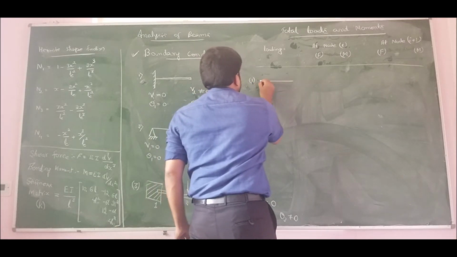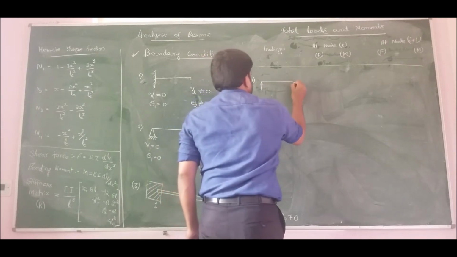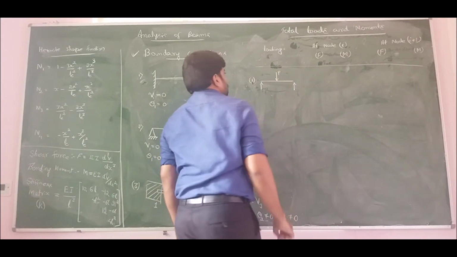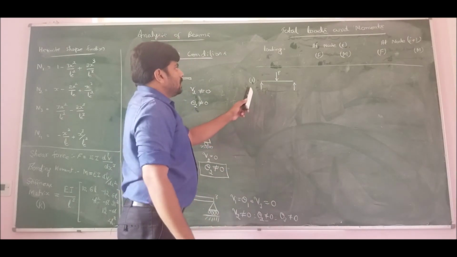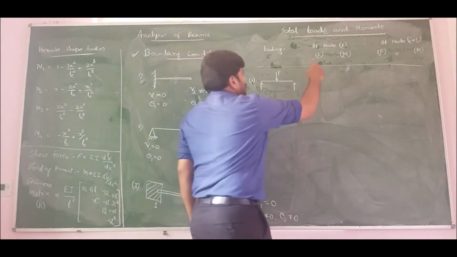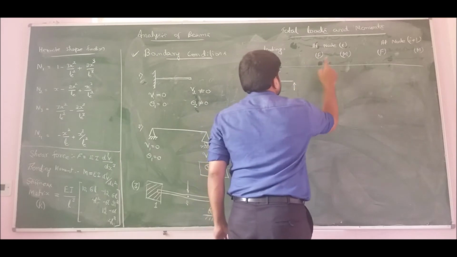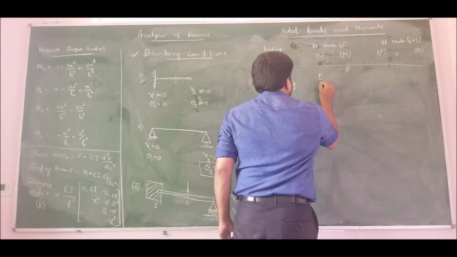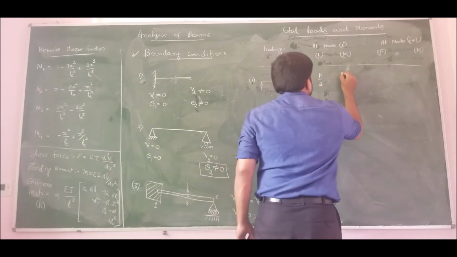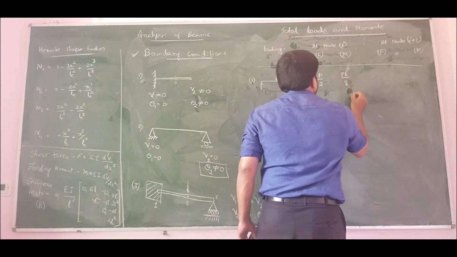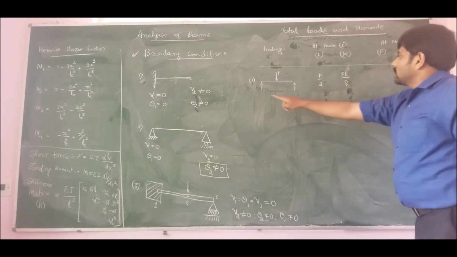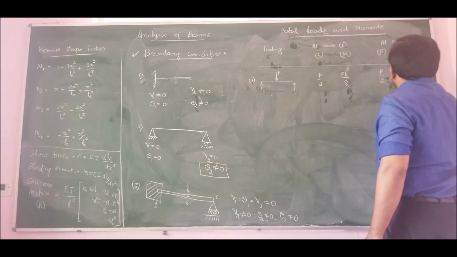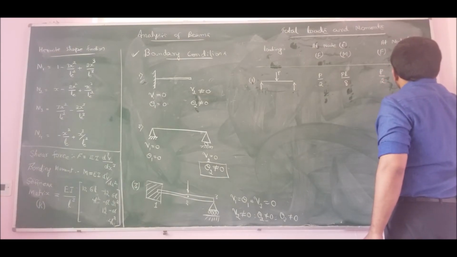So let us say I have a simply supported beam loaded centrally with a load P. For a simply supported beam loaded centrally with a load P, the force at node number 1, the initial node i, is P by 2, whereas the moment is PL by 8. At the (i+1)th node, if this is node 1, and at node 2, the force will be P by 2 itself, whereas the moment is minus PL by 8.